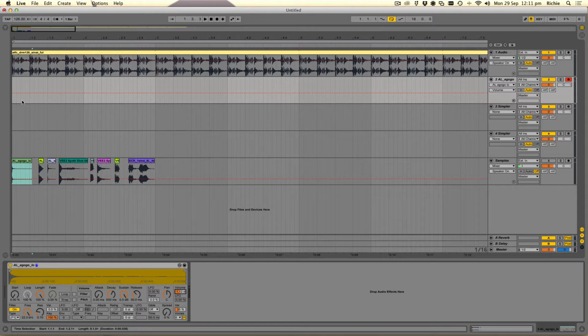What we're going to do is concentrate on the loop part of the Simpler. First we hit the loop button here. This will make the sample loop for the whole time that you're pressing down the key. So if I hold down the C3 key, it's just going to keep looping and looping. And we're going to adjust the length of the loop. If I adjust this length, you'll see that the actual size of the sample decreases. And while I'm holding it down, if I automate this length, we can do some interesting stuff. So if I hold it down and adjust the length,